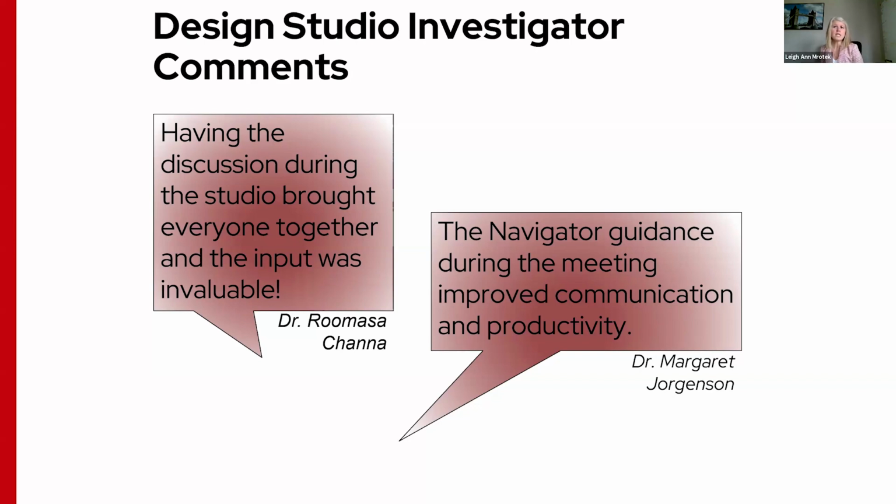Dr. Margaret Jorgensen had a studio meeting for her IRB submission, and this studio included Stephanie Metzger from the IRB, Jake Rome, who was representing the FDA regulatory program, and Amy Redemel, also from the FDA oversight group. Dr. Jorgensen told us that it was really helpful to have the external navigator in the meeting. She indicated that the navigator